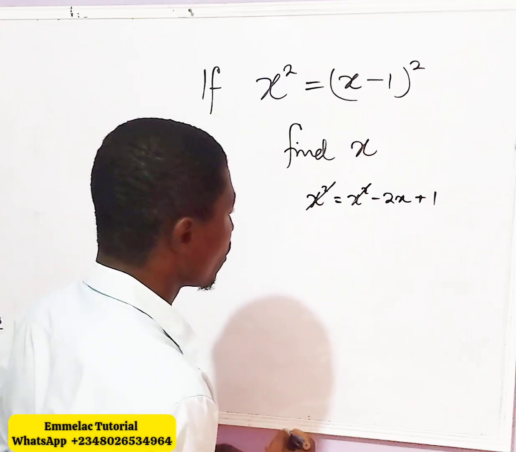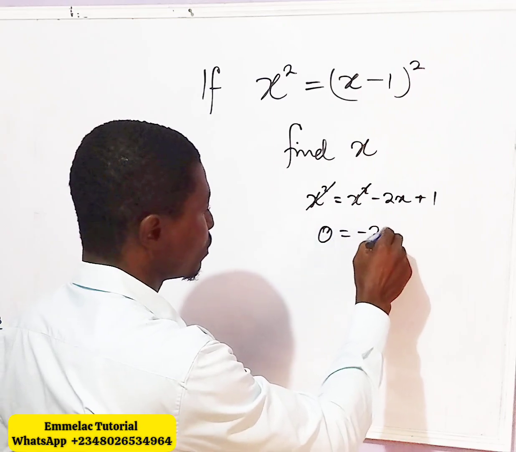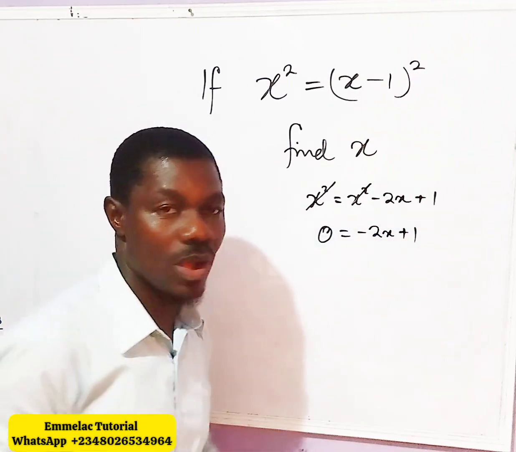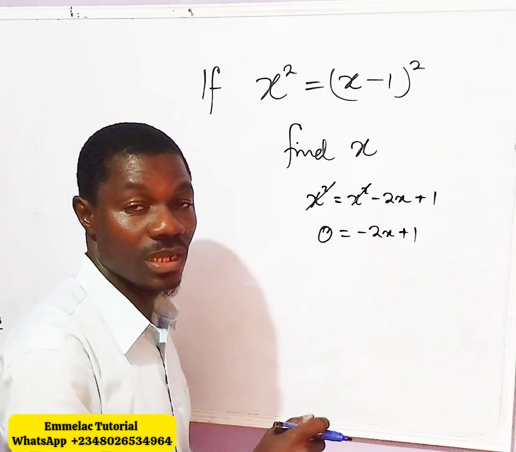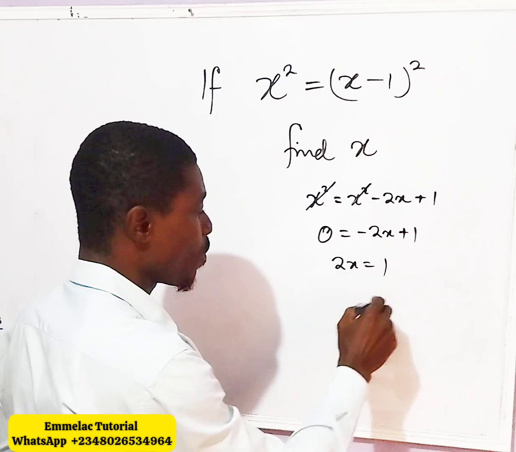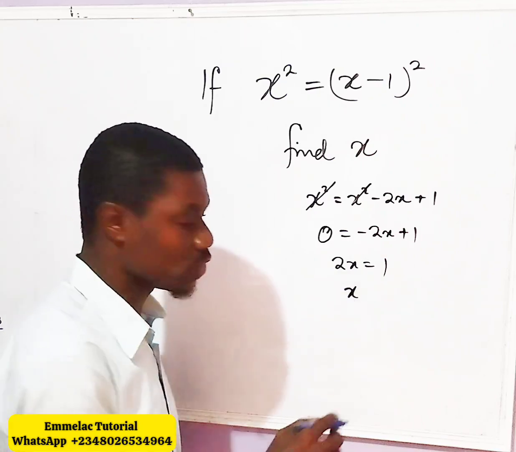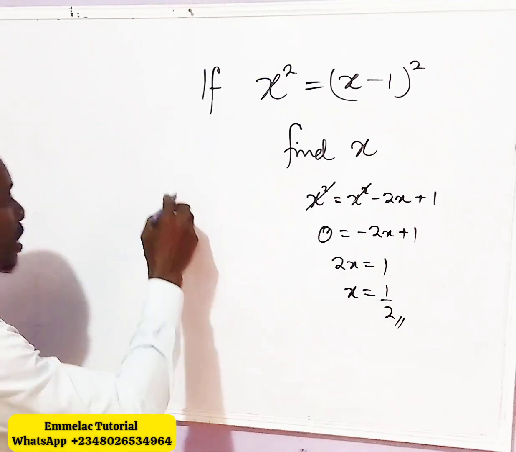So then here we are left with 0 equals negative 2x plus 1. So we can actually write this as, when we bring negative 2x to the left hand side, we have 2x equals 1. Then dividing both sides by 2, we have 1 all over 2. Now the next approach is